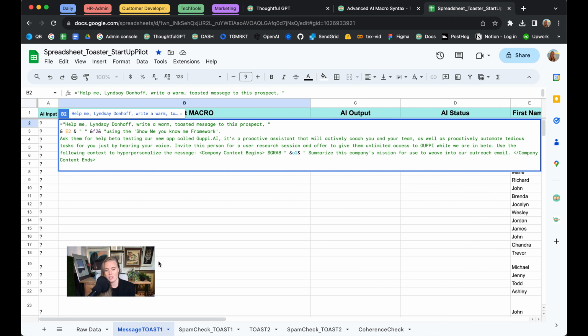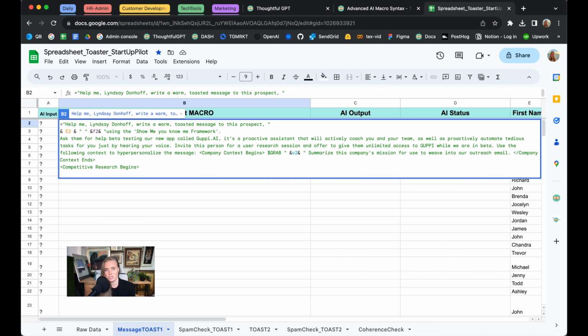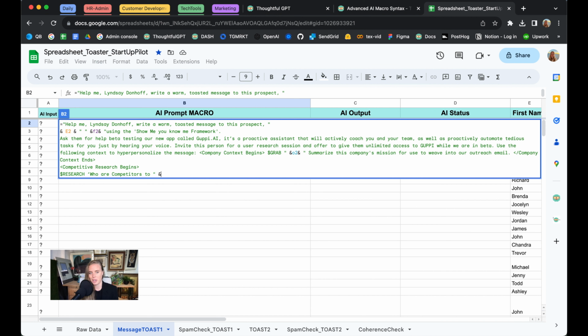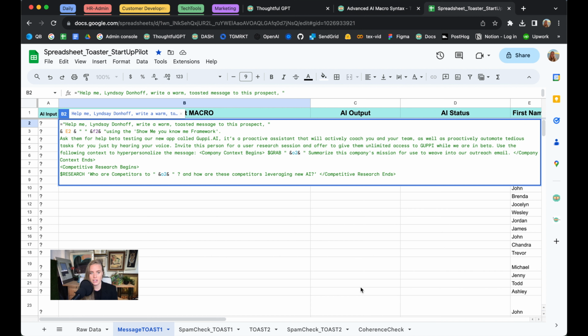We're also going to end that sentence with a tag that lets the AI know that that context is over and that we're diving a little deeper into competitive research. We're going to use our research command to explore the competitive landscape to this person that we're reaching out to and build some hypotheses around how those competitors might be using similar types of AI. We're going to put a tag at the end to let the AI know that that research ends and formatting